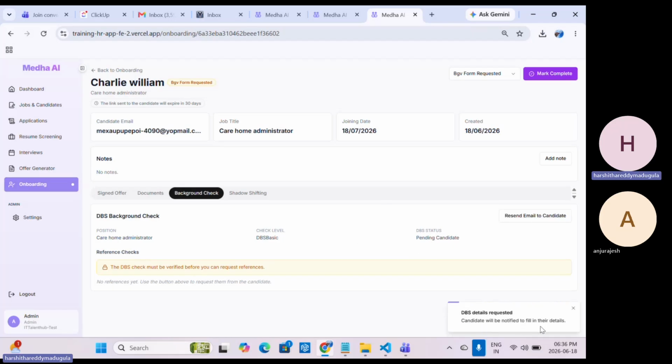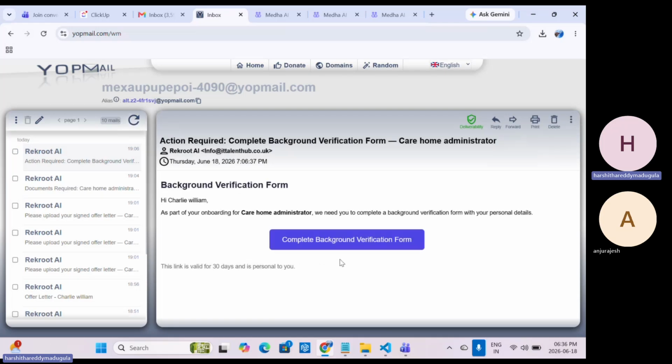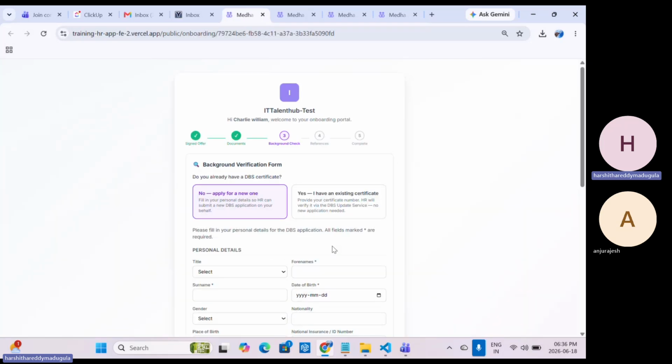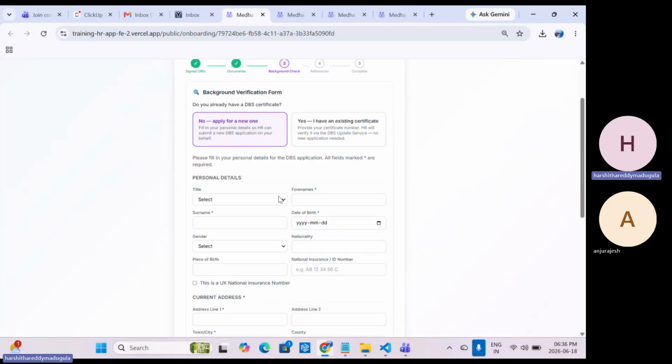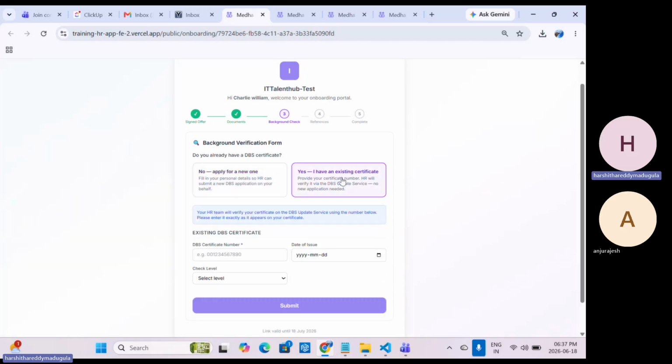So this is how we request the candidate, and we can check whether the candidate has received the mail or not. This is how the candidate will receive the mail with his name and the position he applied for, and this is how he will get the form to complete his onboarding process. If the candidate has already worked in a previous organization and has a background verification number,